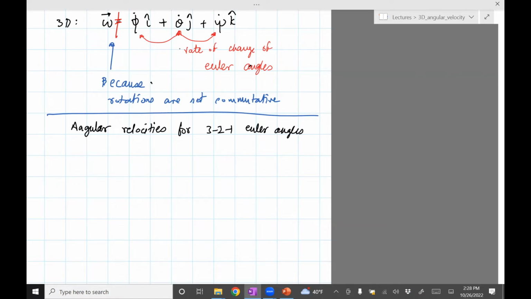Okay. So I'm going to start with a very non-intuitive place, but the whole point of doing this is to understand that the angular velocity comes from the rate of change of angles, and that the Euler angles are embedded into the rotation matrix. So we'll start with the rotation matrix, do some manipulations, and see what the rate of change of the rotation matrix gives us. You'll see that it actually gives you some information about the angular speed. So let's start with